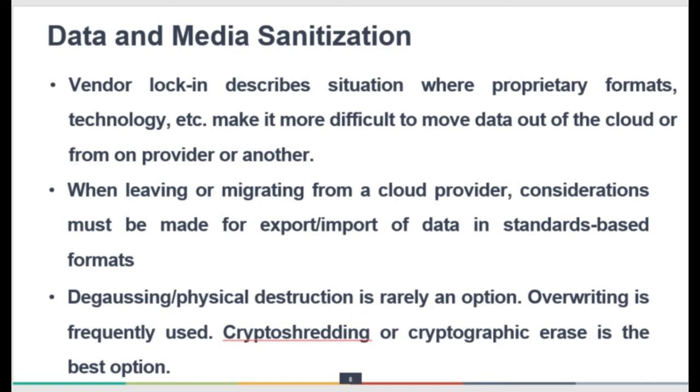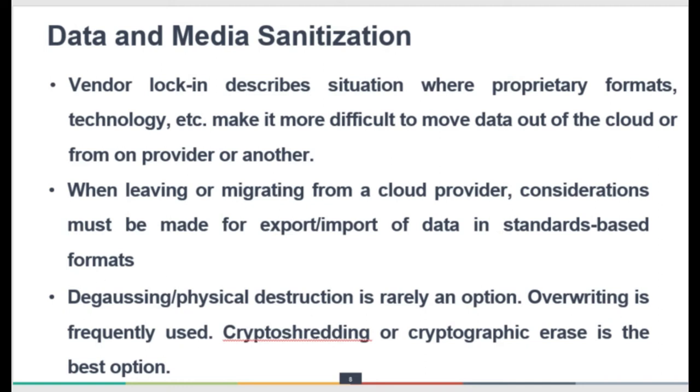And also when leaving or migrating from a cloud provider, consideration must be made for export or import of the data in the standard formats for the migration purpose. When it comes to the media sanitization in the cloud, we always had the degaussers or the physical destruction of these storage devices in the traditional infrastructure, and that was the best way. But in cloud, it is not possible. It is not an option here because